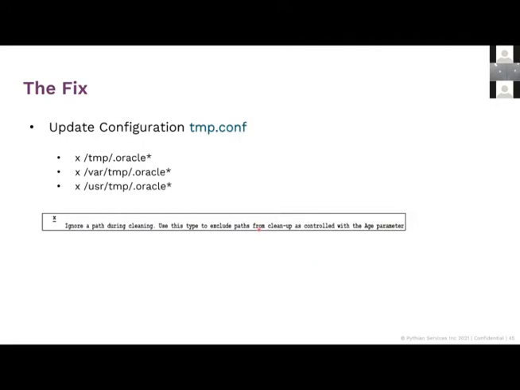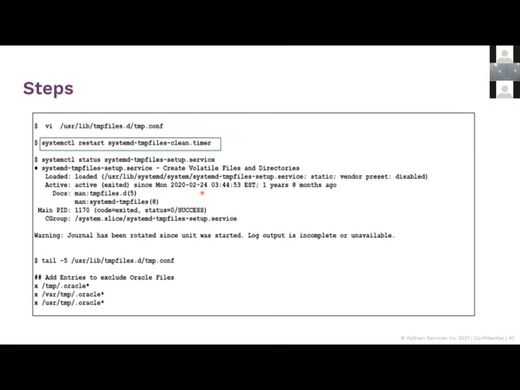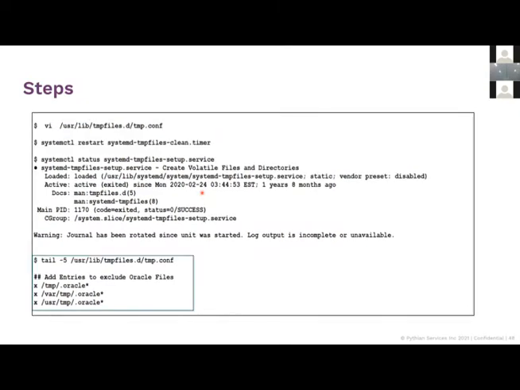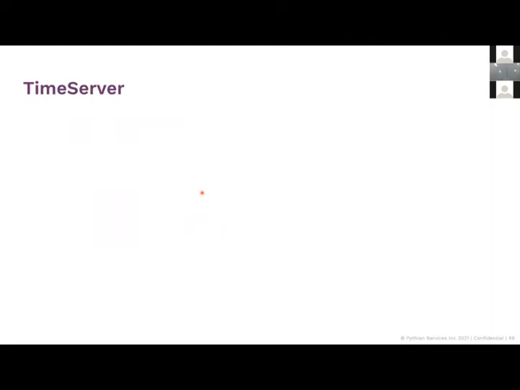We want to ensure in this case that the temp daemon does not remove any Oracle related files from the temp folders. As an Oracle product, we do have a well-defined set of paths where your files would be written. Therefore we just update this configuration and make sure that everything is there. This is how you do it: you update this particular file, you restart this process, you make sure that everything is in place, right? These are just the steps to do it. But the idea is that you don't want daemons or root processes or server processes to remove files that belong to RDBMS. You want to avoid those cleanups.